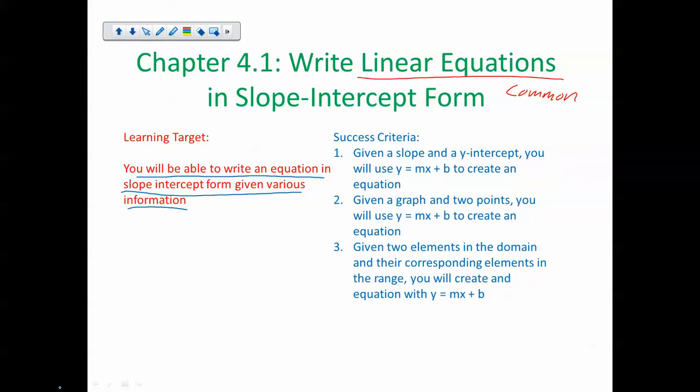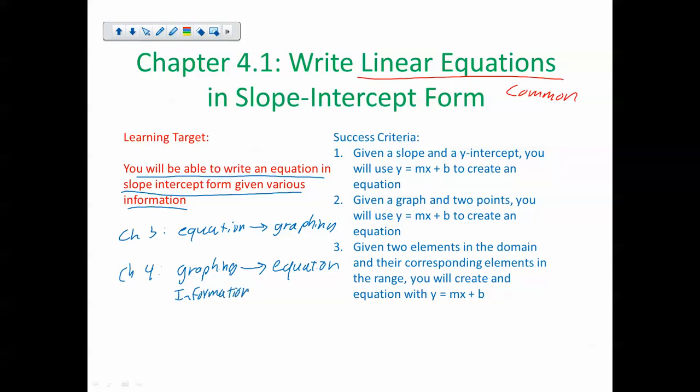Last chapter, we did a lot of equation to graphing, right? In chapter 3, we did a lot of equation to graphing. In chapter 4, we do a lot of graphing to equation. Meaning in chapter 3, we were given an equation and we had to graph it. In chapter 4, we're going to be given a graph and have to find the equation. We'll also be given various types of information, like some points that it's on, or what the slope and y-intercept is, or it's parallel to this. So there's a bunch of different things that we're going to look at in chapter 4, where we're finding equations